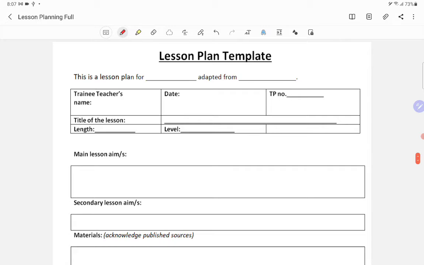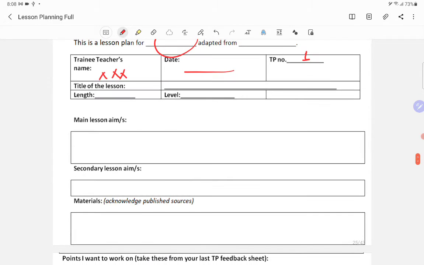Of course, you're acquainted with the lesson plan template that I sent you, and I explained it many times in class. Here, it's very easy. This lesson plan is for, give the name of the lesson, or the name of the level of the students, and it is adapted from Oxford, for example, English curriculum for whatever, Cutting Edge, whatever. So put the name of the book here, and then write your name as a trainee teacher. Put the date, and your teaching practice is number 1. Here you put the title of the lesson, for example,